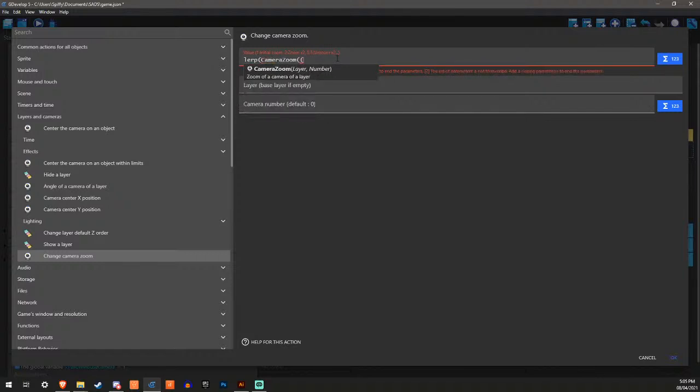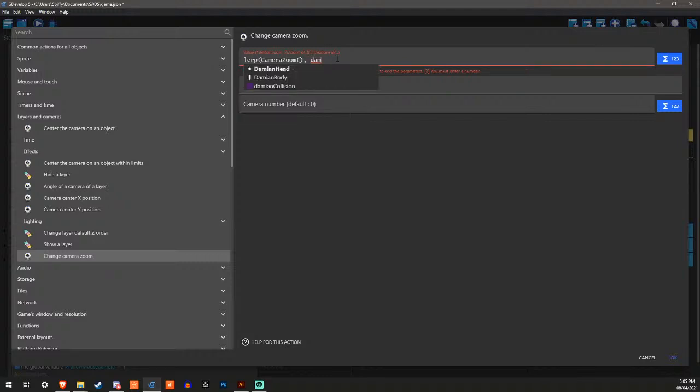Camera zoom by the... example of camera zoom. What would that be? By what?